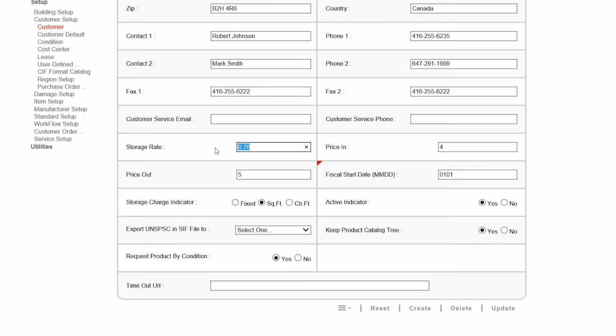services being provided. Once we've determined what the storage rate will be for the customer, we also need to use the storage charge indicator to determine whether it will be billed based on a fixed cost, per square footage, or cubic footage. Alternatively, we also have the ability to create a secondary costing methodology which introduces a piece movement charge